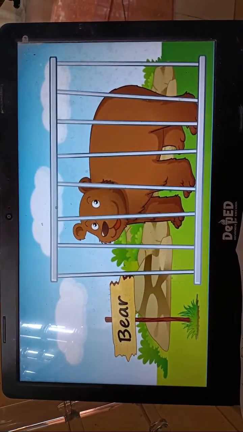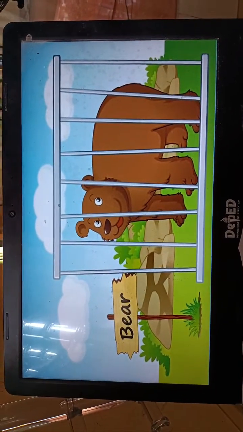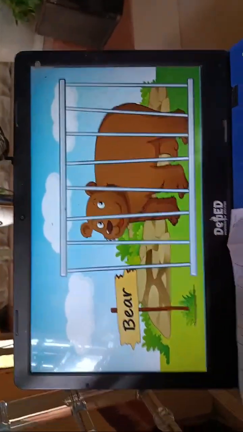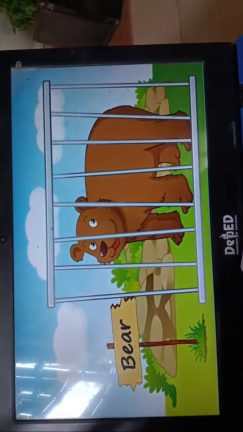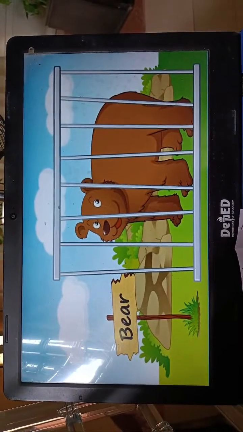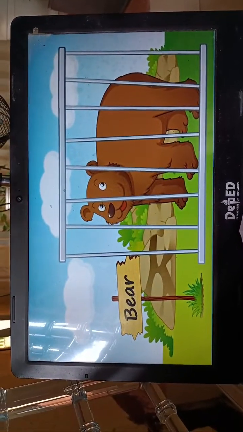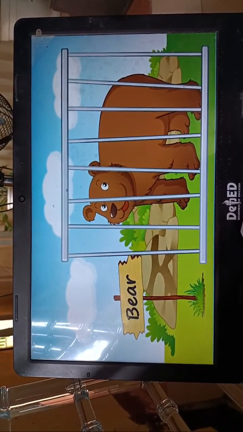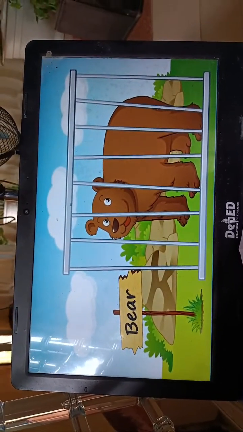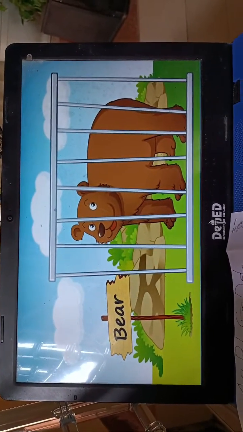He cannot do whatever he wants to do. He cannot go wherever he wants to go. And above all, he's not anymore in his home. This is not his home anymore. So he's not free doing what he wants to do. So same as with us, right? We are not happy when we are not free to do what we want to do, or we are not free to go where we want to go. So same as with this bear.